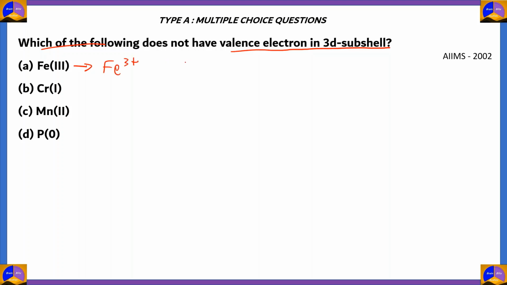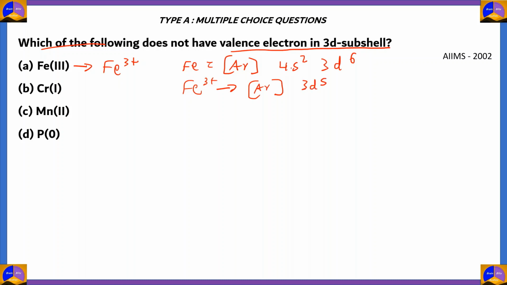And we know that the configuration of Fe is argon, that is 1s2 till 3p6, and then there's a 4s2 and 3d6. So you're removing 3 electrons, so Fe3+ will give you argon, and then 3d5,